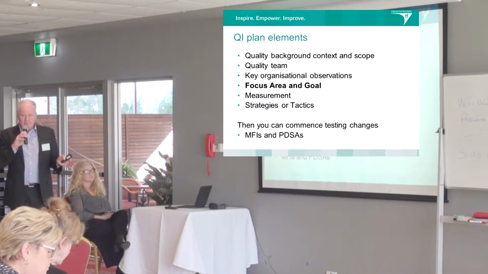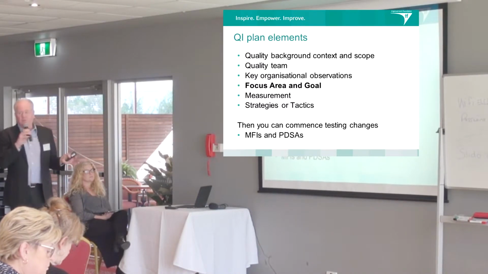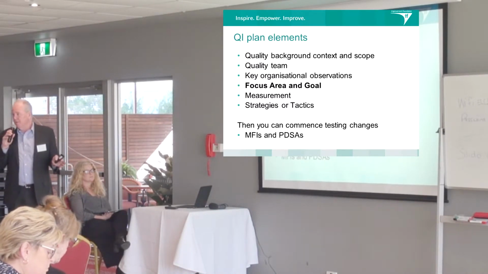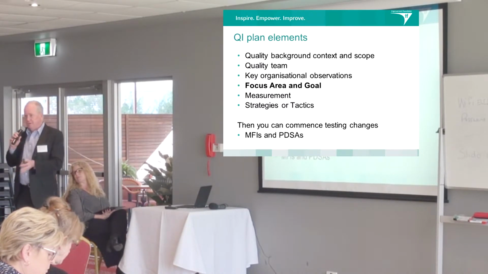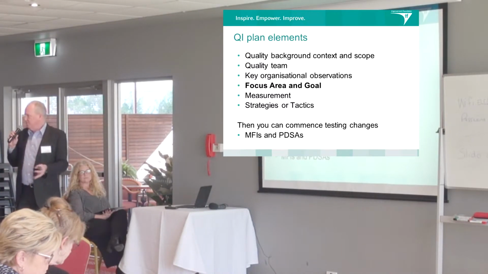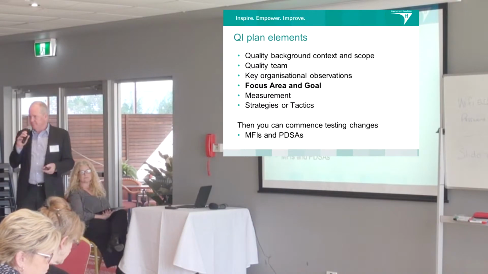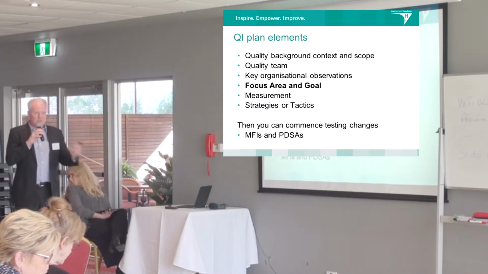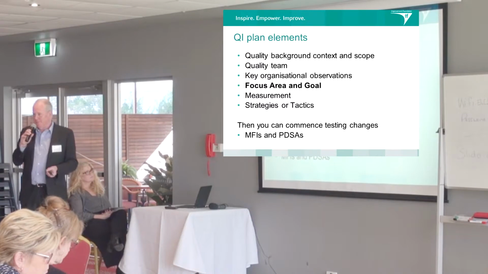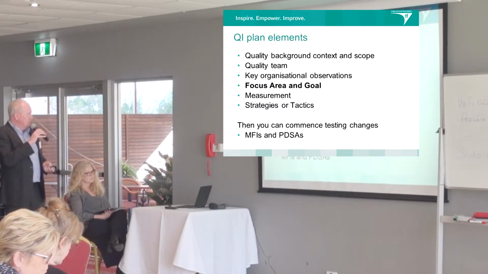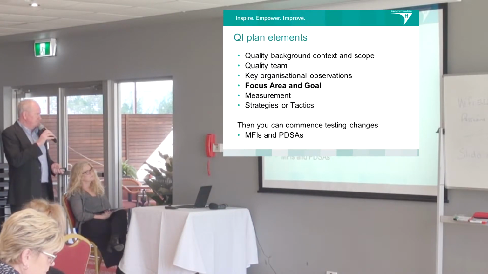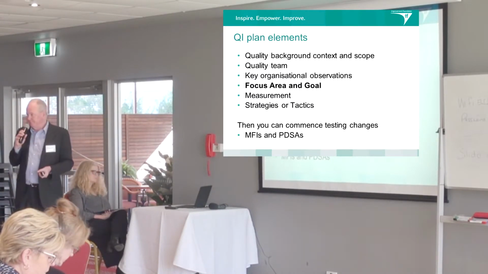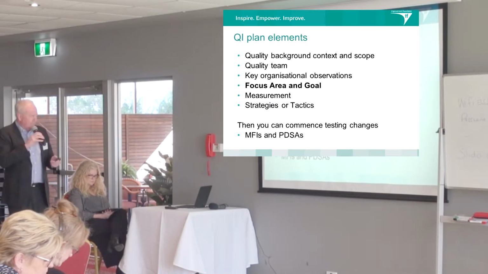Because if you're looking at any other chronic disease, for example, it will take you about a year to get that to a point where you go, well, we're pretty happy with what we're doing here. It takes a fair while to change a general practice system. It's not super easy. So don't think you can rush out and get it done in a few weeks or a couple of months. It's very, very difficult. So that's why we said one focus area and a really nice goal around what you're trying to achieve. And then measurement, how are you going to measure it? And we'll be going into measurement a bit later on.